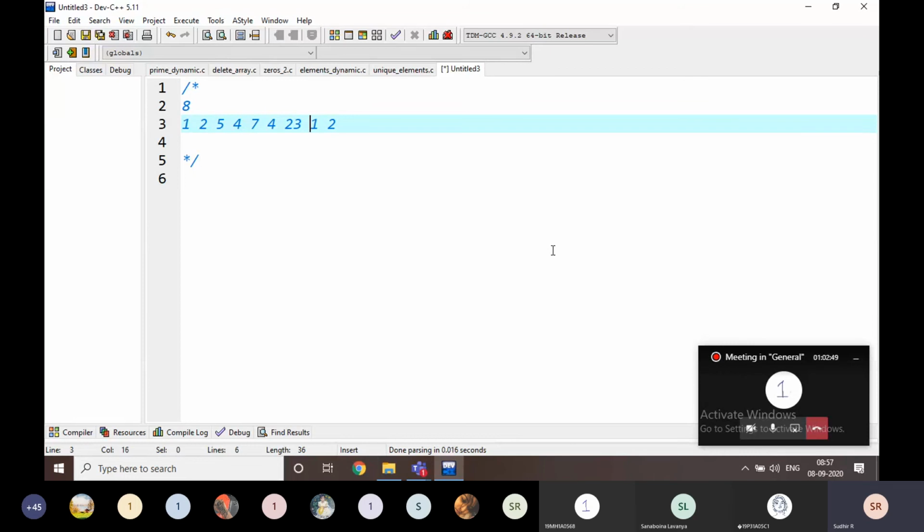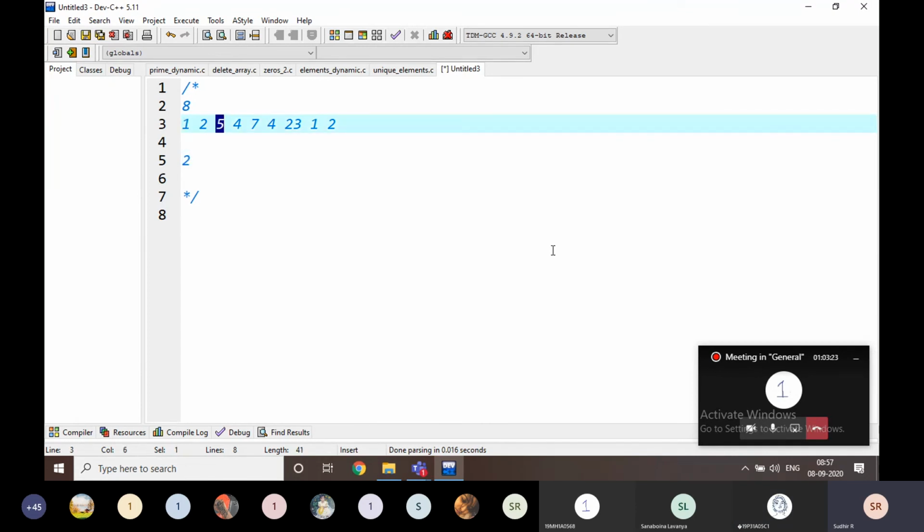Here, don't consider the first one. We have to calculate the numbers. This is 2, right? We have to check with all the left hand side numbers. Is it bigger than all the left hand side numbers? All the left hand side numbers of 2 are smaller than 2. Is it right or wrong? Yes, then we print 2 here.